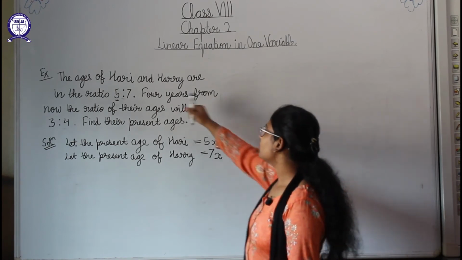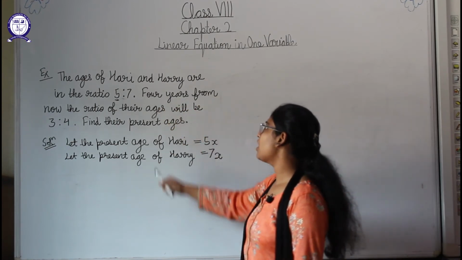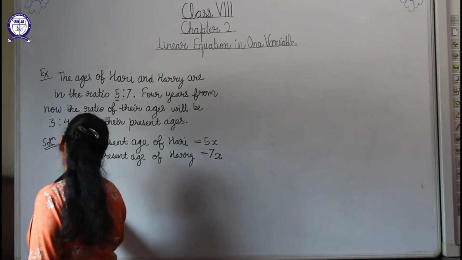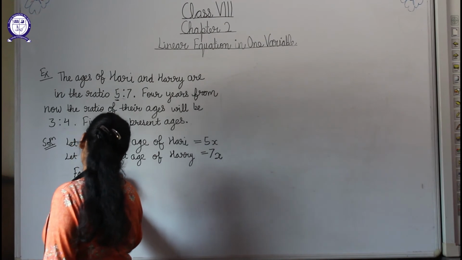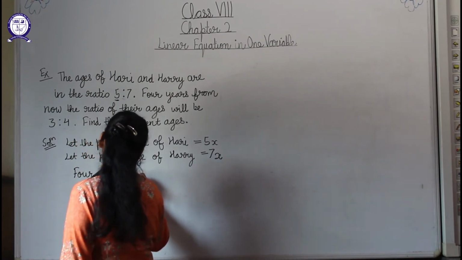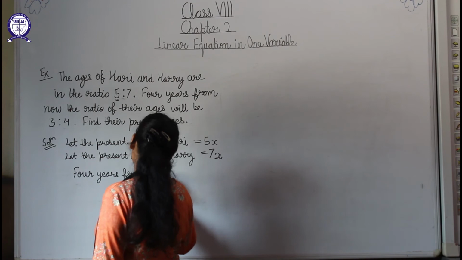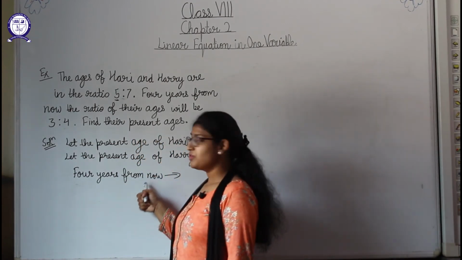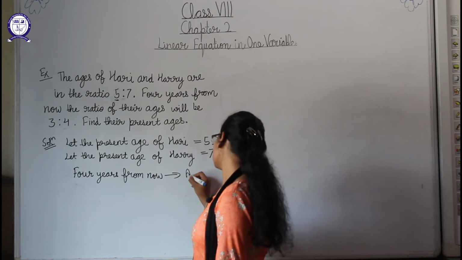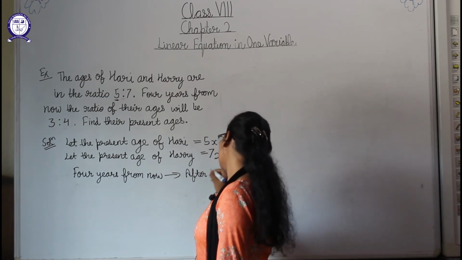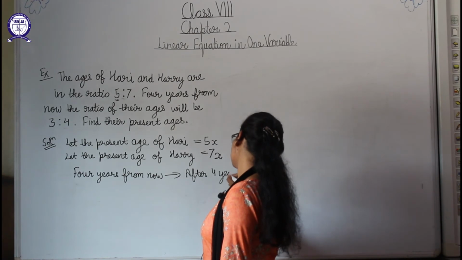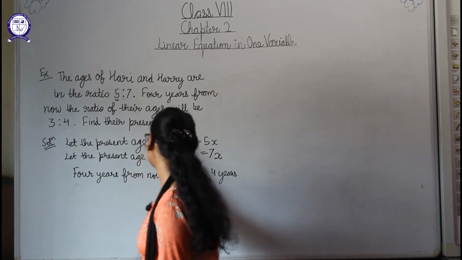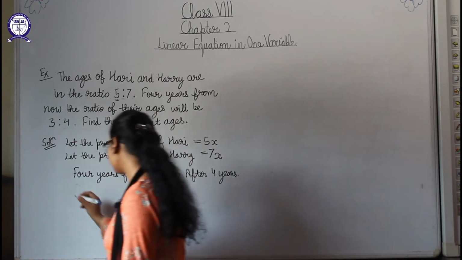Now the next line is 4 years from now. Students, what does it mean? 4 years from now means after 4 years. So students, after 4 years the ages of Hari and Harry will be,